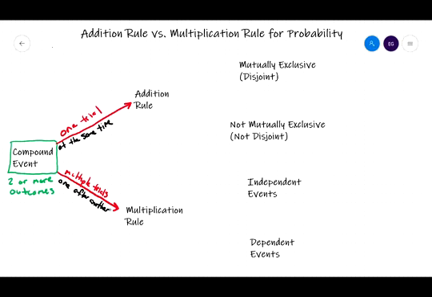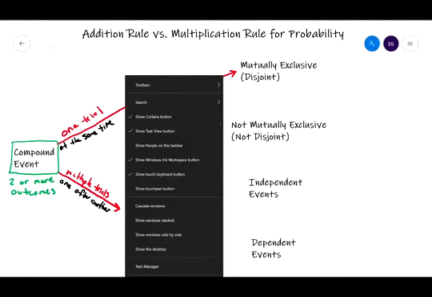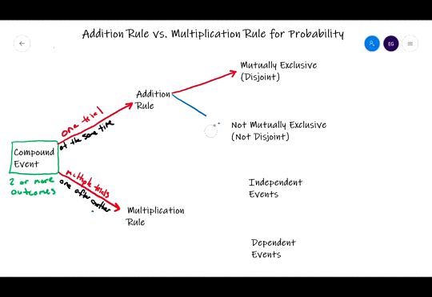Now, if we know we're using the addition rule, we have to then determine whether those events are mutually exclusive or not. Some textbooks use the word mutually exclusive. Some textbooks use the word disjoint. Some textbooks use one term, some use another term. These two terms mean the same thing. Mutually exclusive and disjoint mean the same thing. So, two events are mutually exclusive or disjoint if they cannot happen simultaneously,